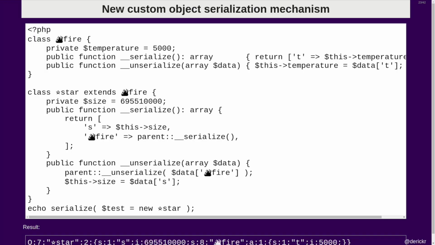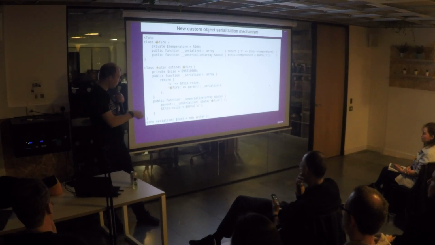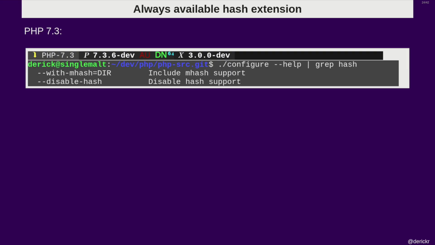And when you do this with inheritance, in the serialize of your child class, you first return all the properties from there, and then you can say in the first array element, you call parent serialize, which then plugs the array in from the inherited class. And of course, when you unserialize, you need to do that the other way around. So this is quite a little bit more flexible than what Serializable does, and definitely what sleep and wakeup allow you to do. And if you really want to see the string, it's all the way at the bottom, but I'll skip over that.